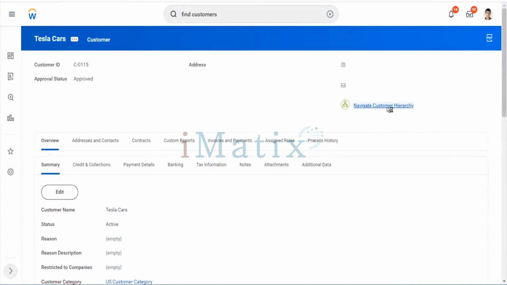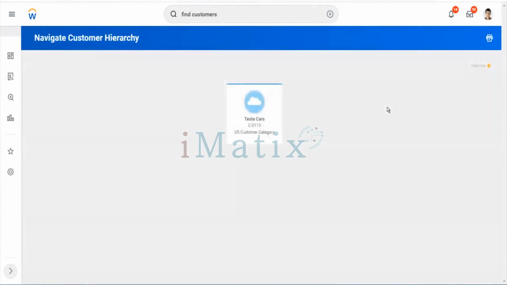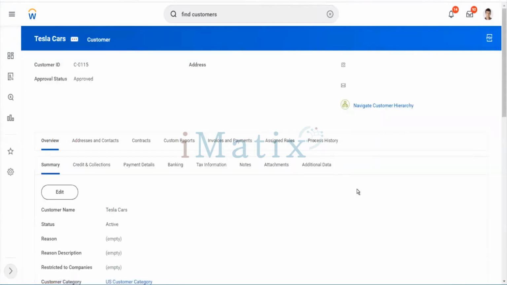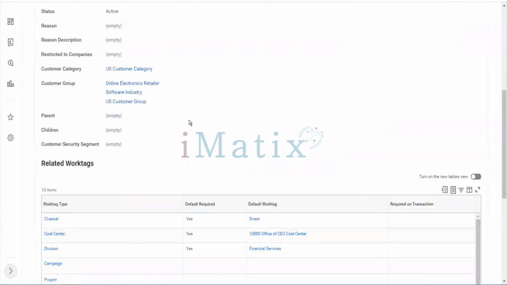If you want to navigate the customer hierarchy, you can do this because we had already some children to this customer. It becomes the parent automatically, and there should be some customers also. One of those customers, come on, I had given some children also. Why is it not showing them? Children, we missed it somehow. Basically refresh, that's why. But you add these customers or children and it will show you.